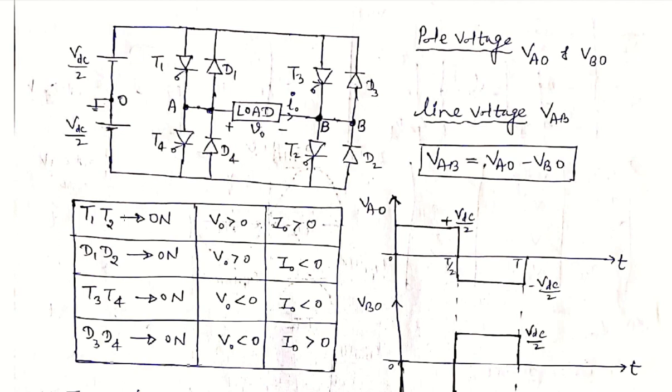So if thyristors T1 and T2 are on, then the current will flow like this. This is the path of the current which is flowing. In this case we mark the reference polarity plus here and minus here, but in the case of the half bridge we wrote it opposite, and the current polarity is also reversed here. Because the thyristors are conducting, the reference polarity should be plus here and minus here, and the current will flow like this. So we mark plus minus V0 and I0 as shown in the figure.